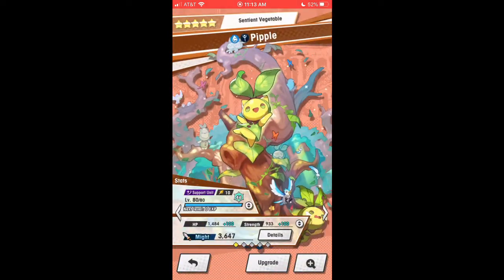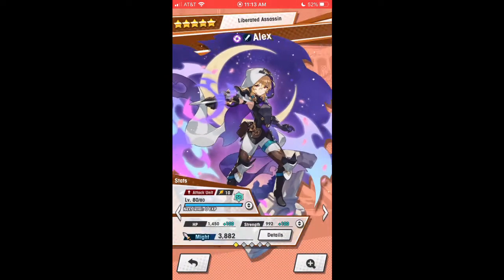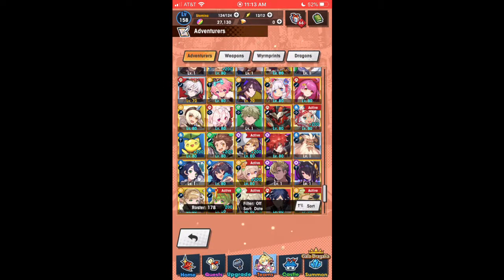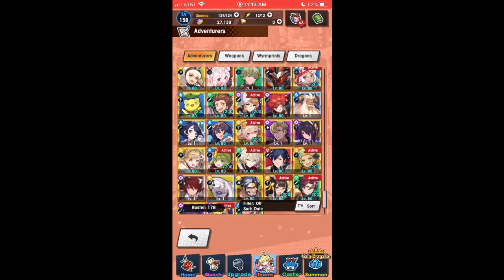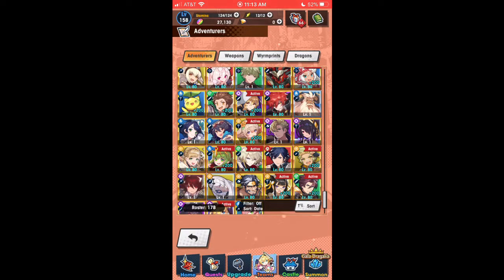And then we have the Hunger event, the cooking event, where I got Pipple. I also got Templar Hope. And then we have Gala Alex's showcase, where I did actually get Gala Alex. We have Scars of the Syndicate, and I don't think I summoned on any of those banners until